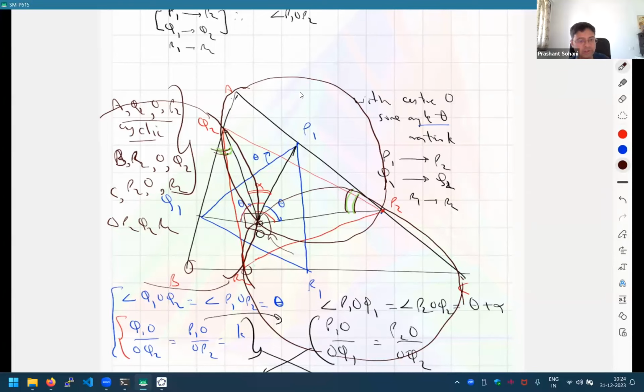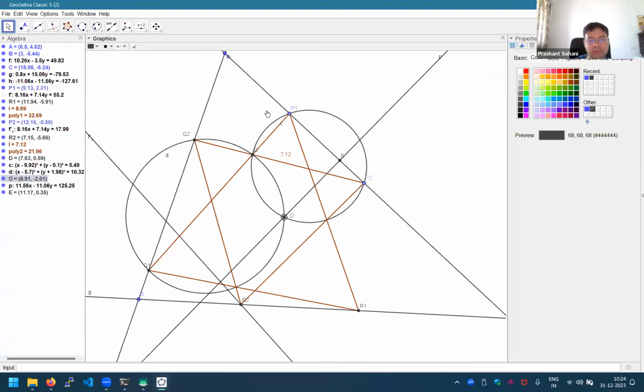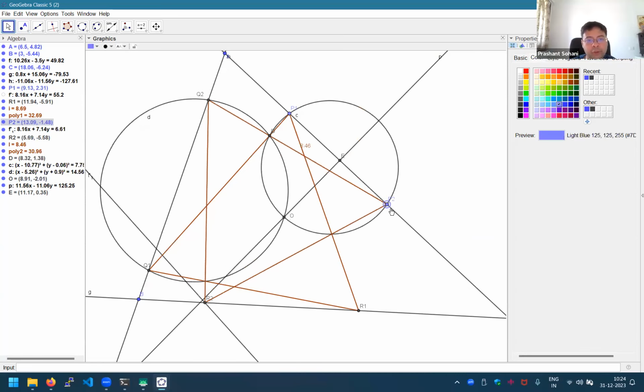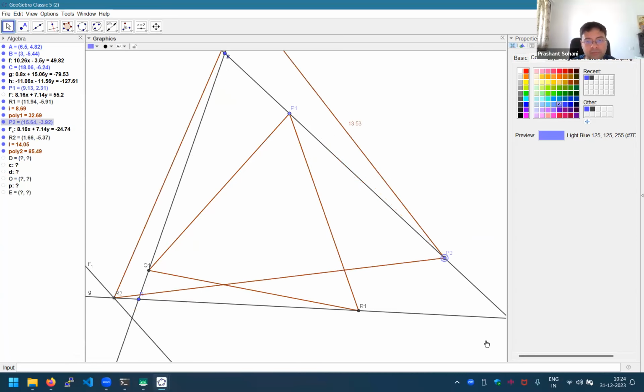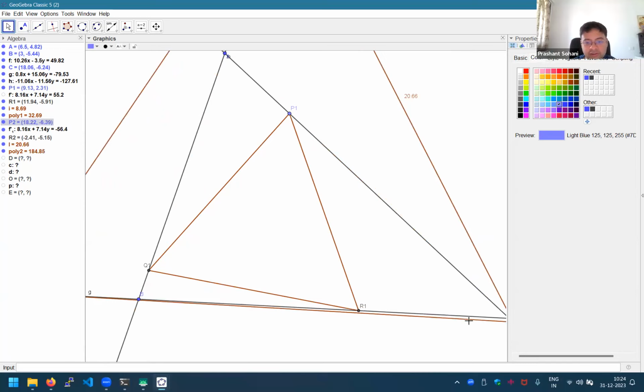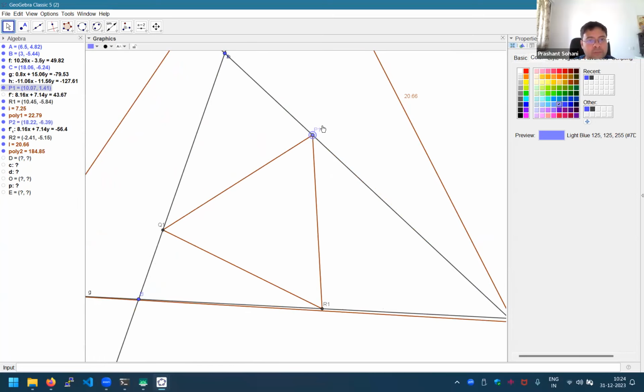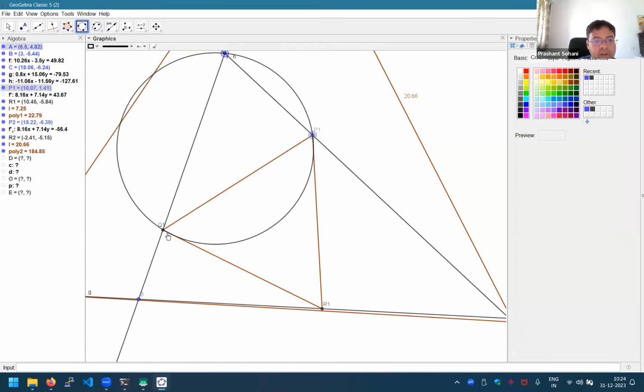Okay. So again, to illustrate this in our diagram in GeoGebra. In this diagram, we drew P2Q2R2. Temporarily, let me just increase this size so that it is out of our coverage. So I'm focusing on only P1Q1R1. And for this P1Q1R1, we can determine that point O by just drawing these cyclic quadrilaterals. So if I draw P1 A Q1, Q1 B R1,